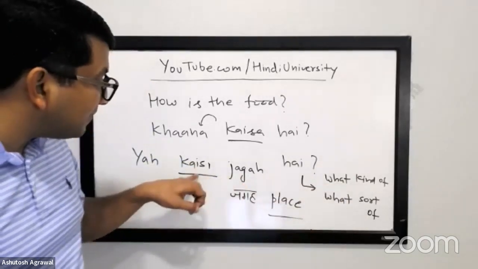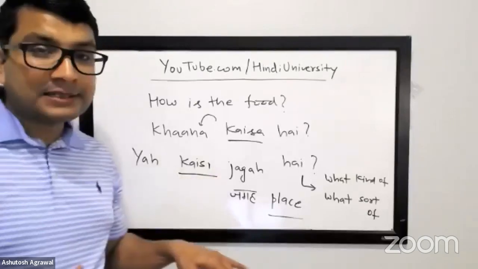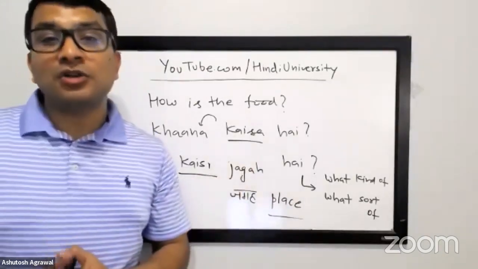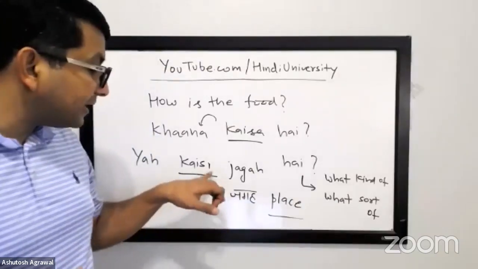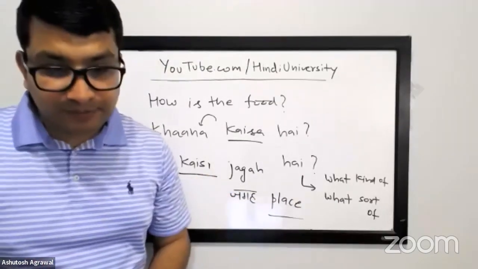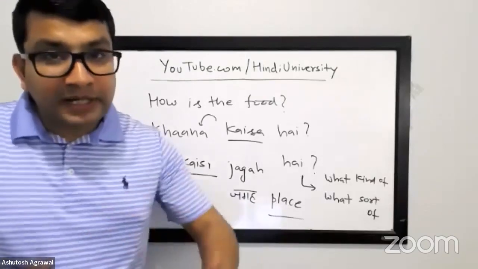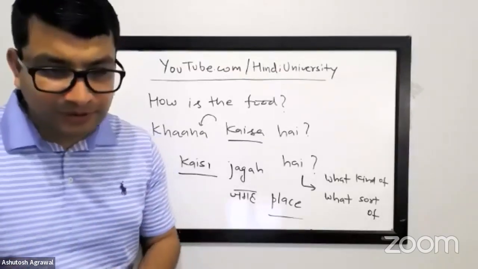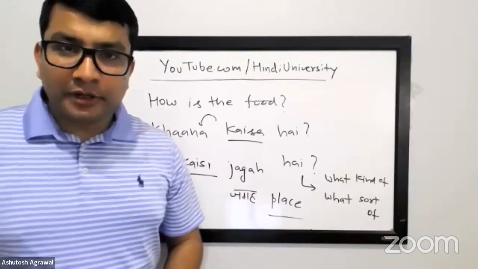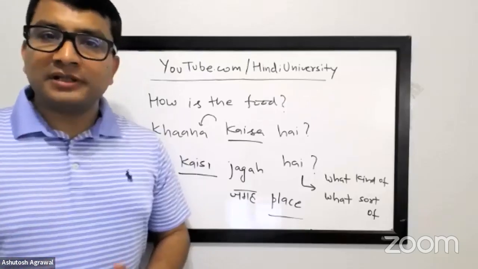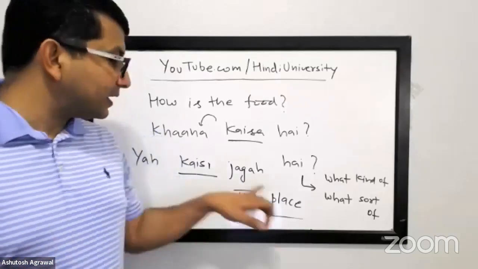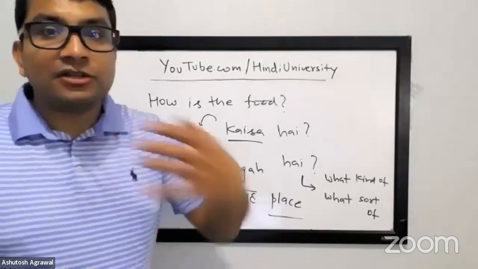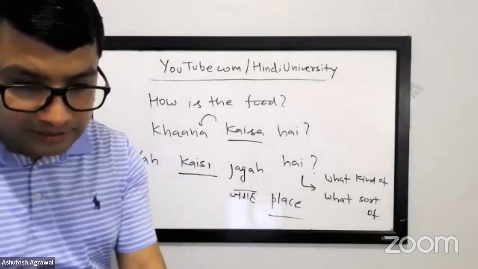Jagah is coming after kaisi, okay? If you were to put it before, jagah kaisi thi, how was the place? But if it is coming after kaisi, what kind of place is this? ठीक है, okay. What kind of place? You see the subtle distinction there, right? It will come naturally to you, just like most Hindi native speakers, they don't pay attention to whether it is coming after or before. They just know it. For you also, it will come naturally like that.